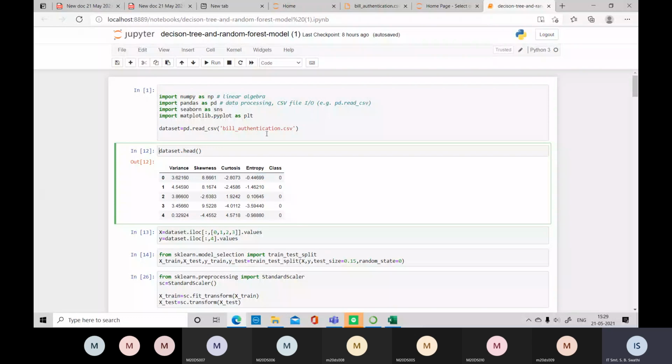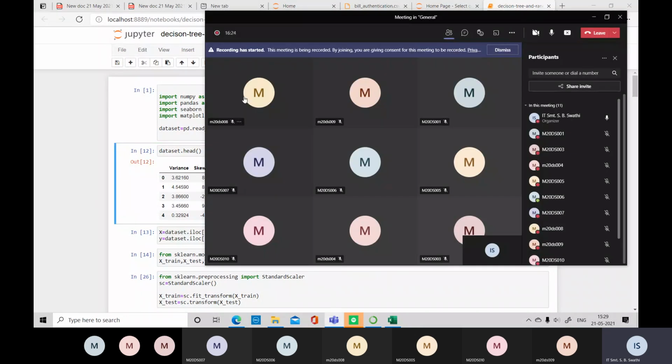So if there are a lot of columns of data, to visualize those things in an efficient manner, to understand that particular input data file, definitely we need to use Seaborn. We will see what are the different types of graphs we can develop using Seaborn. That I will explain when we are dealing with the program. Now let us understand about the decision trees.